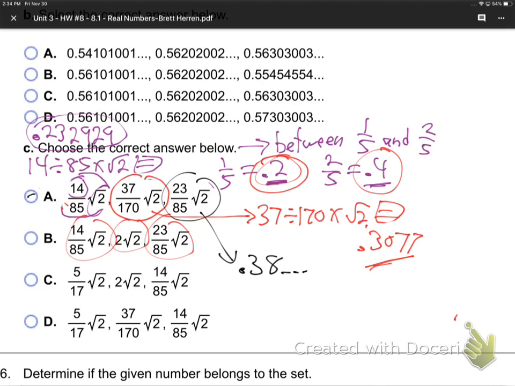All three numbers, I got the 0.23, the 0.30, the 0.38. They're all between 0.2 and 0.4. So A is the answer there. All those decimals came out between 0.2 and 0.4. The 0.23, the 0.38, and the 0.3077 all came out between 0.2 and 0.4. So just use your calculator on that one. Let me move on